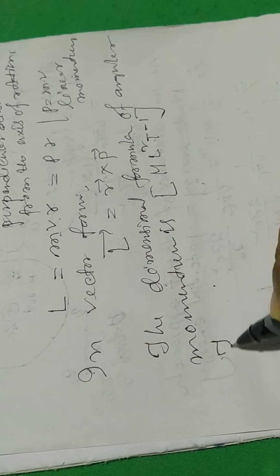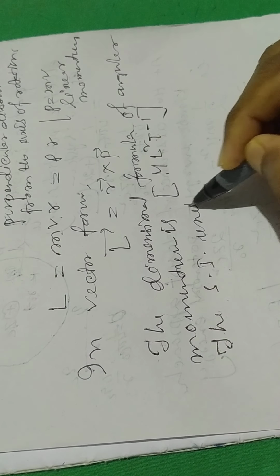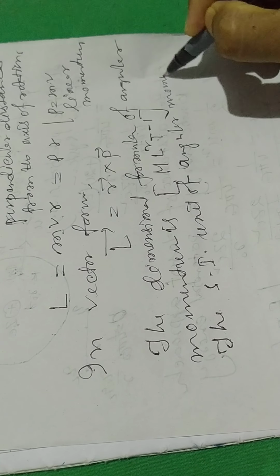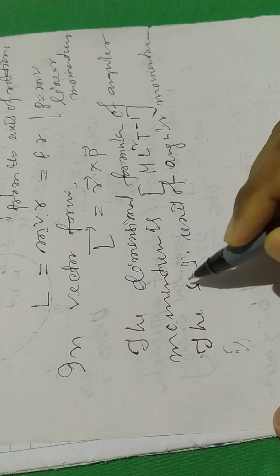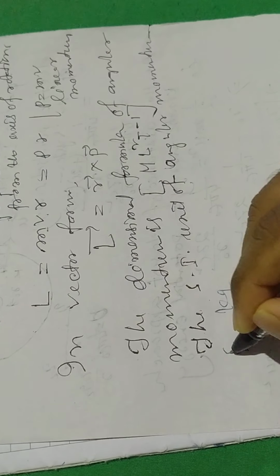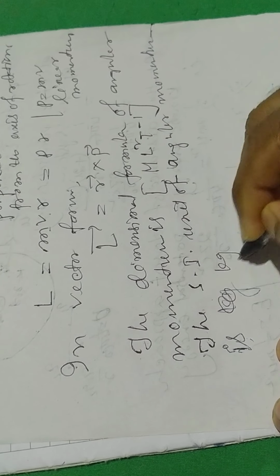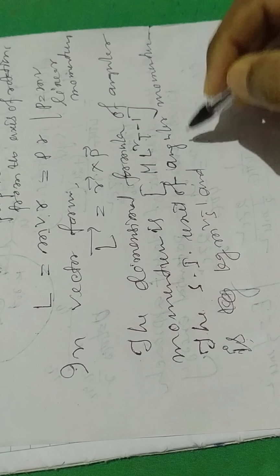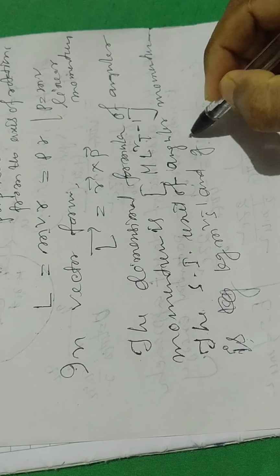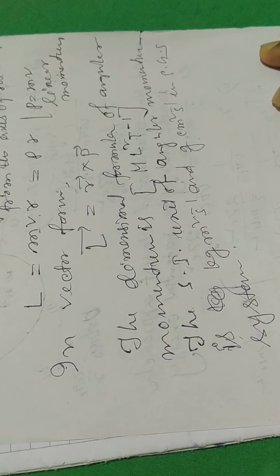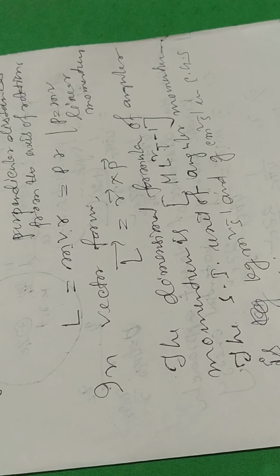The SI unit of angular momentum is kg meter square per second, and gram centimeter square per second in CGS system. So now let us derive the relation between